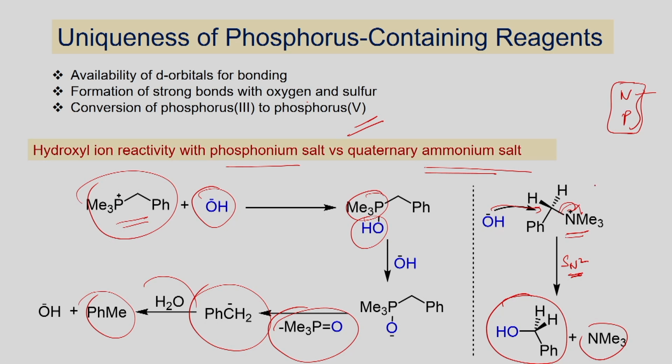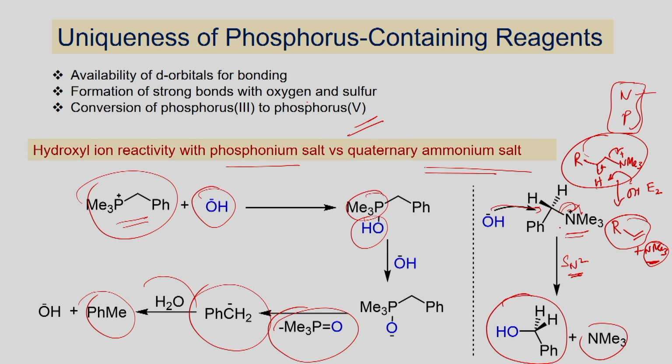If you have a beta hydrogen atom, already we have seen the Stevens rearrangement. We have the quaternary ammonium salt. If you have the beta hydrogen atom, the base can deprotonate this proton, and it can lead to E2 elimination in this case, and you will be able to generate an olefin and trimethylamine. So it depends upon the substrate. If you have the beta hydrogen atom, the base can deprotonate, leading to E2 elimination, which can produce an alkene and a trialkylamine as the product.